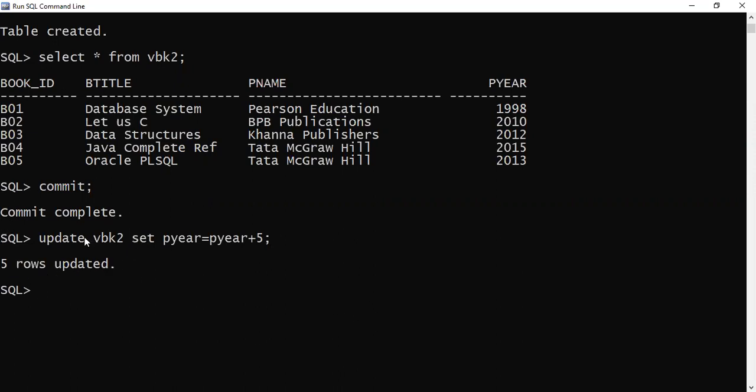Can you tell me internally in my cursor how many records were fetched? Five records were fetched. Also, the found attribute, what we had discussed previously, definitely must have returned true. Why true? Because it could find some records. So how do we check the value of that found attribute?